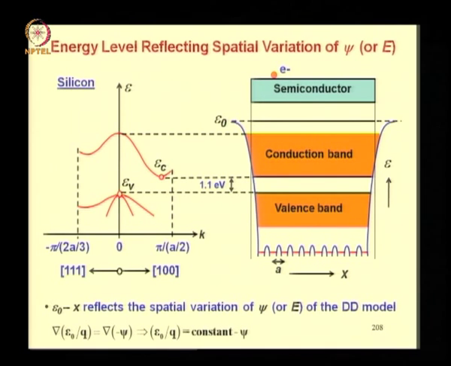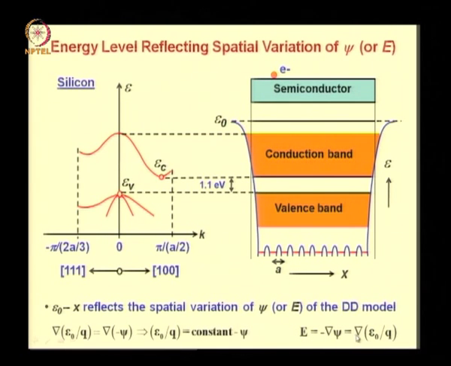This relation is obtained just by integrating this. Now you can get the electric field as negative gradient of psi, which is nothing but gradient of E naught by q. So if you take the slope of this line, that should give you the electric field. In this case the slope is 0 because there is no electric field, because the semiconductor is in equilibrium. So no external fields are applied, and since it is uniform, there are no built-in fields either.